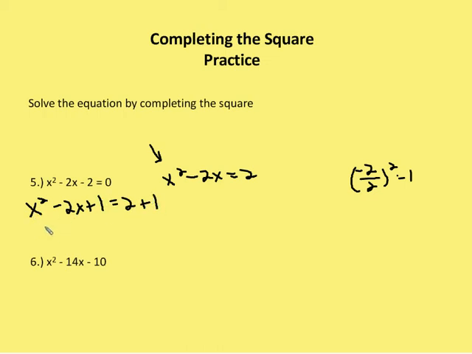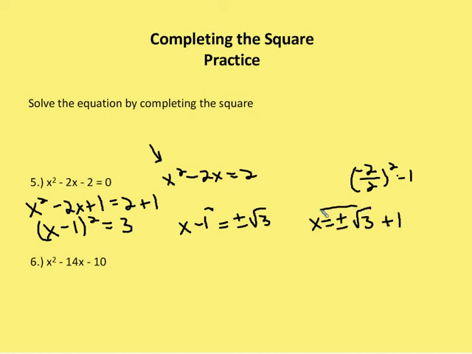My squared binomial in this case is going to be x minus 1 squared is equal to now 3. I take the square root of both sides, x minus 1 is equal to plus or minus the square root of 3. Then I add 1 to both sides. Now I have x is equal to plus or minus the square root of 3 plus 1. And that's the answer for number 5. Number 6,